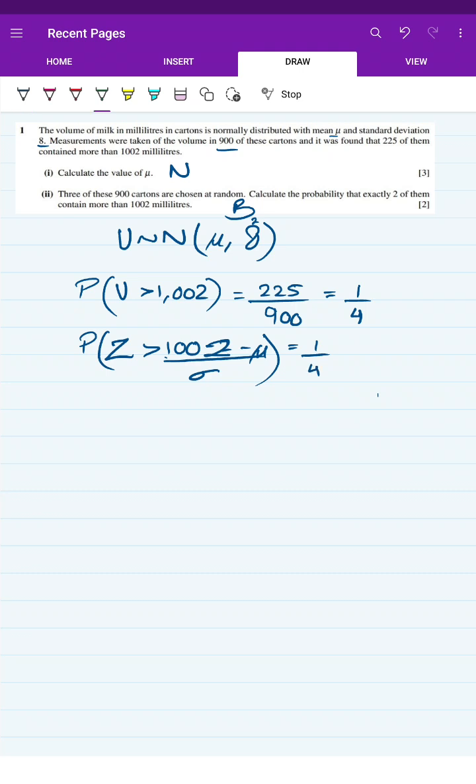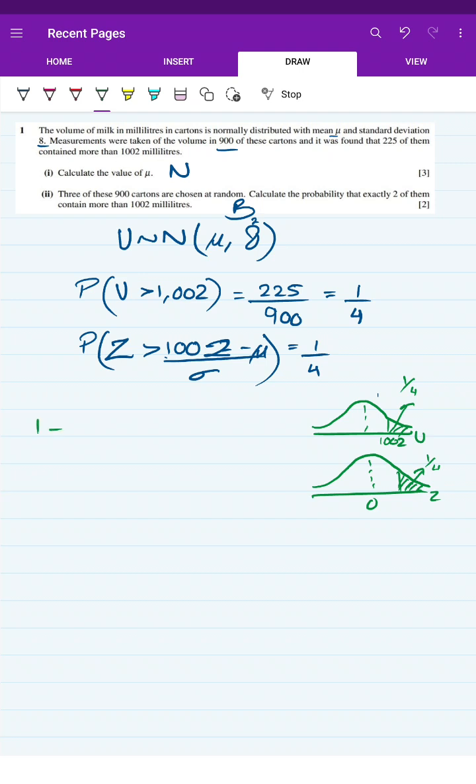Now, on the normal distribution bell curve, if this is volume and this is 1002, this area is 1/4. When we standardize it, we get z on the horizontal axis, the mean becomes 0, and this area has to be 1/4. First of all, we can flip it